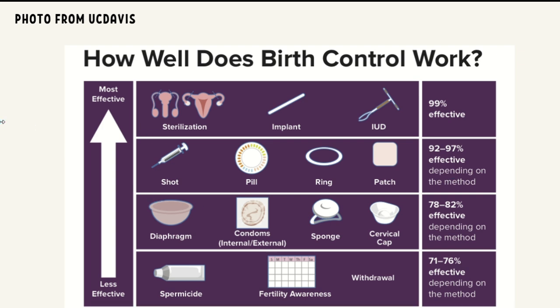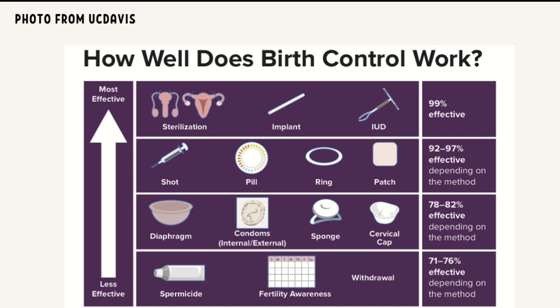Alright, then the next topic is basically about birth control. This diagram shows the least effective to the most effective, and the most effective method would be abstinence, right? If one should choose not to do that, what's the next step? The least effective are spermicide and fertility awareness, meaning that you would track the cycle to be aware of when you're ovulating,